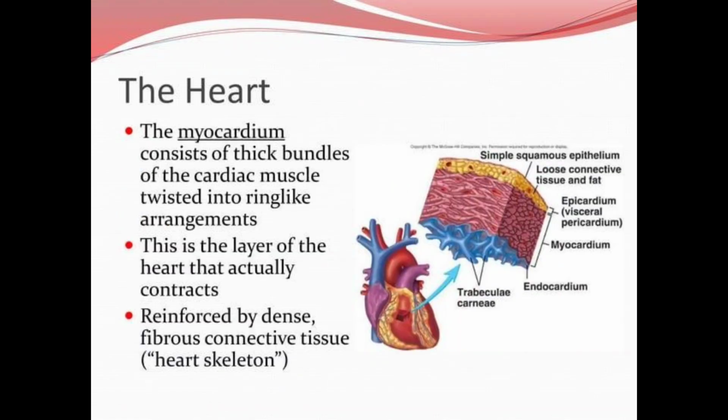तो हार्ट मायोकार्डियम consists of thick bundles of cardiac muscles twisting into ring-like arrangement. तो यहाँ ring-like arrangement में cells present हैं, this is the layer of the heart that actually contracts, and reinforced by dense fibrous connective tissue, heart skeleton we can say। तो reinforced by the dense fibrous connective tissue जो इसको strengthen दे रहा है।